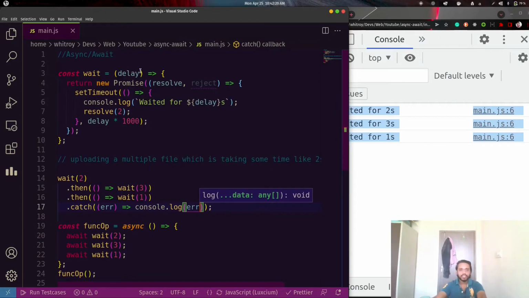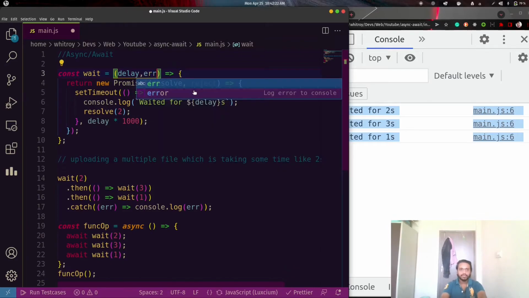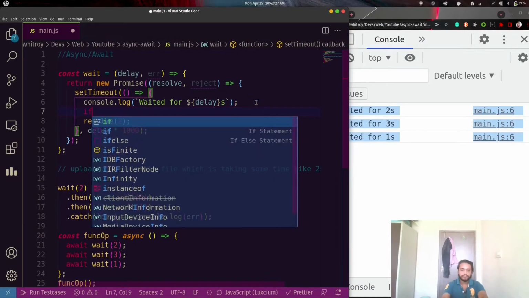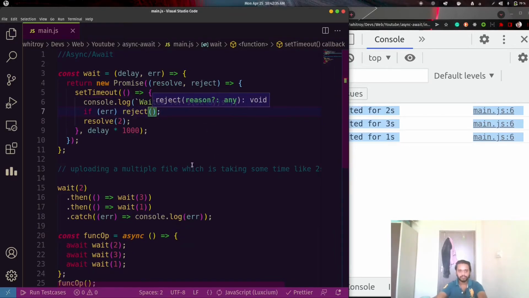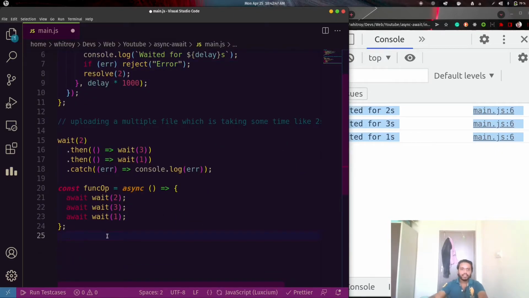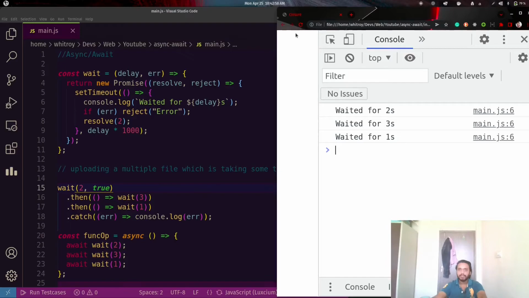Let's make some implementation where we pass an error, and if error, we just reject the promise with the message error. So here in promises we can handle it by using catch, and it is giving the error.